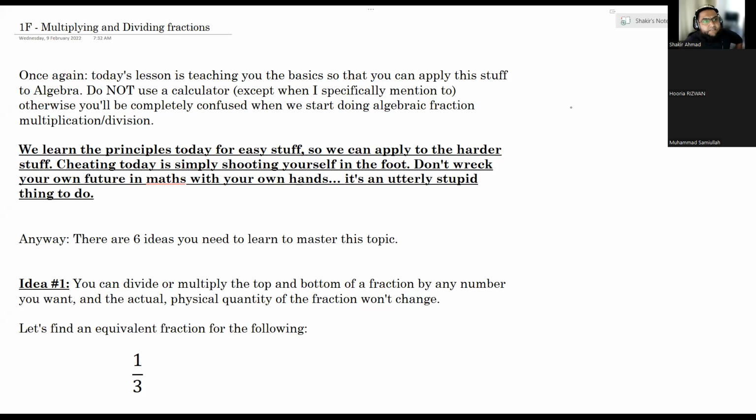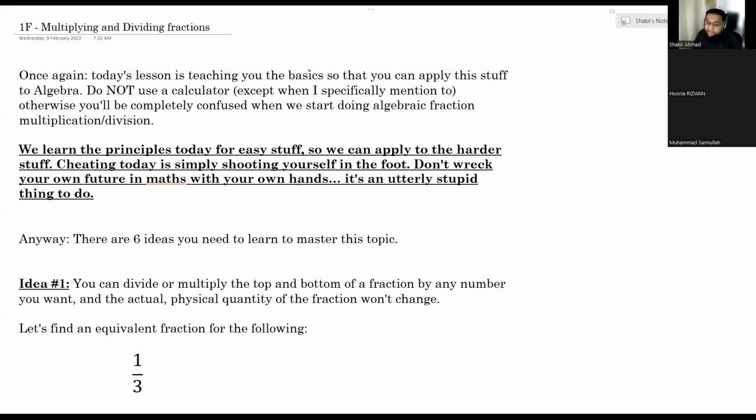To the lesson on exercise 1F, multiplying and dividing fractions. Once again, we're learning the basics today. We're going to be learning multiplying and dividing normal fractions, the same as you've been doing since primary school, year 5, maybe even year 4, but definitely year 5 and year 6, because I taught year 5, year 6, and I did teach this stuff. Anyway, the reason we learn this again,